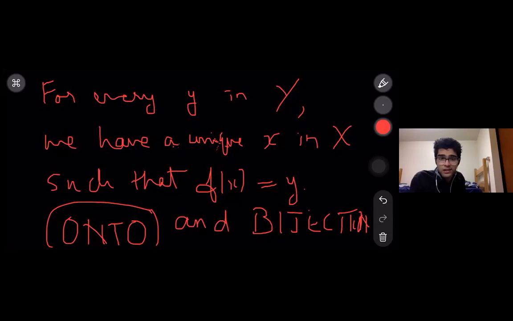I have a very interesting question in the chat. Somebody is saying, can one-to-one be considered as a subset of onto? It cannot, because not all one-to-one functions are onto. As we saw in our example, we can easily come up with a one-to-one function which is not onto. Sometimes you can have a one-to-one function where you are not having two things going to the same thing, but that does not mean that every number in my codomain has some partner here.